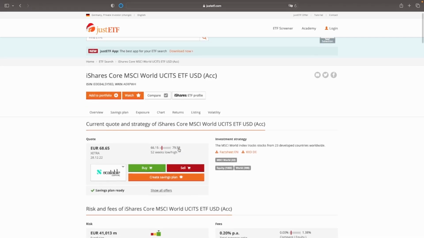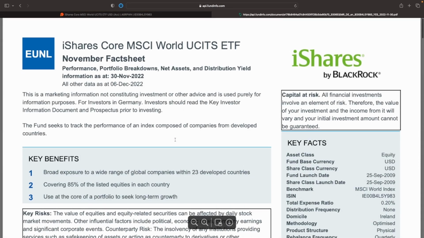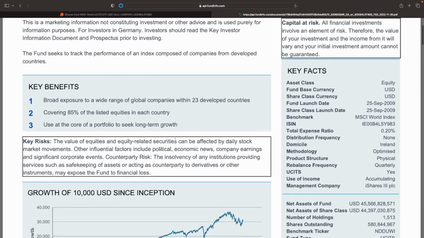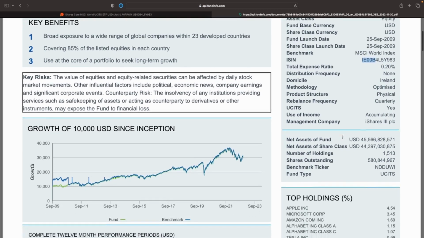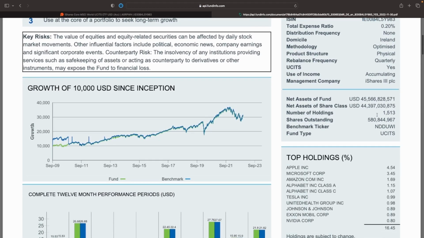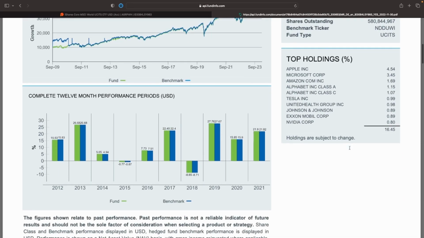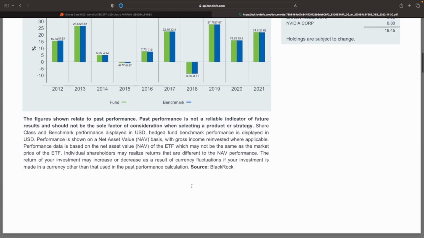You have to keep in mind that ETF search engines like Just ETF or Extra ETF get the data from a third party like Morningstar or FactSet, and then they compile the data in a different UI for us. There is always a possibility of error during the compilation of this data. Therefore, if you have finalized the ETF and you are sure what you want to invest in, I would say the final step should be to go back to the fact sheet and cross-verify that all the data you used to select the ETF matches the fact sheet, and then you go and invest in it.